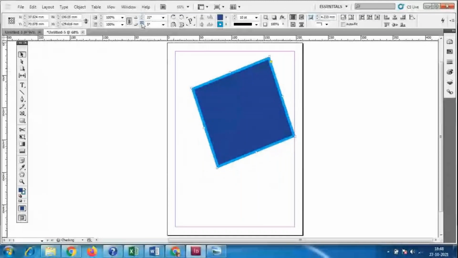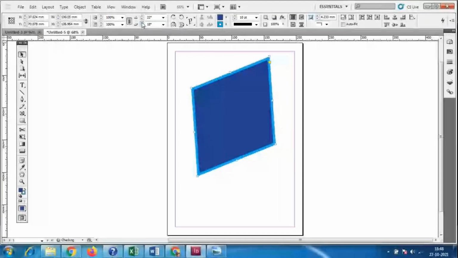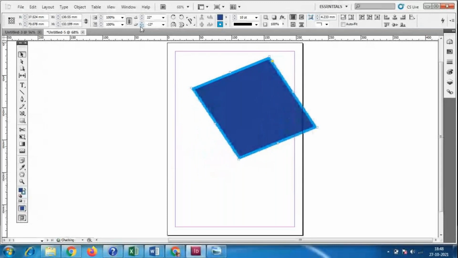Any changes you have to make to this square box, you can make in a different way. So we can also do the changes by changing these values. Okay, so I'll make it 0. If I make it 0, then only it will change according to the page. Okay, so does anybody have any doubt?